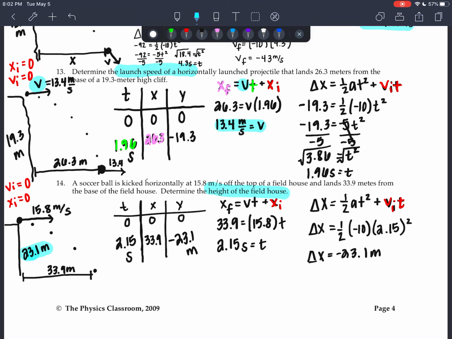So hopefully you got an idea of what I meant by the skill that we're talking about. That table is a very, very powerful resource. But remember, not every problem is going to be exactly